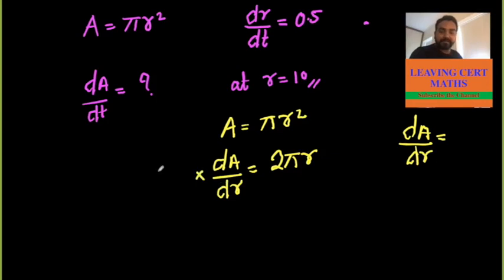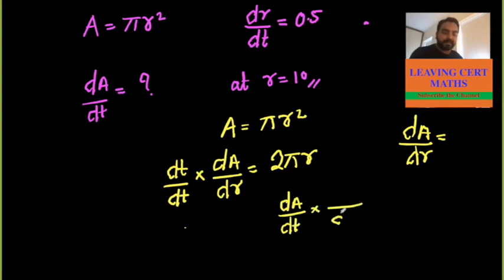So what I will do, I will multiply it by dt and divide by dt. See what I am going to do here. Because initially it is 1, dA over dt over dt is what? 1. Is it not true? So I will try to cleverly separate. Can I write this thing as dA over dt multiplied by dr over dt? Can I write that?